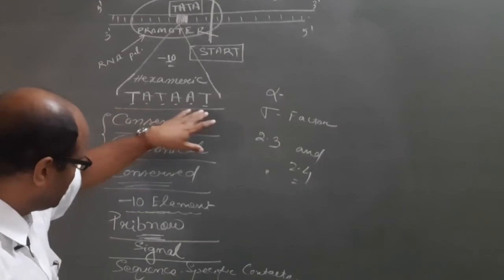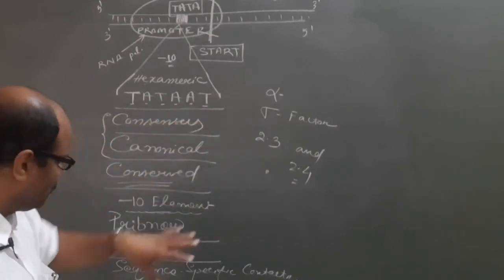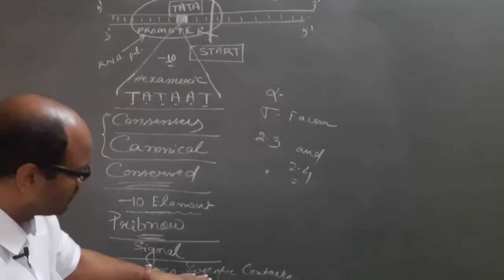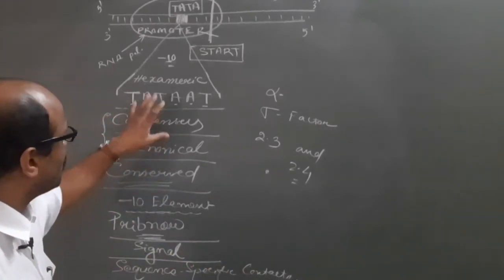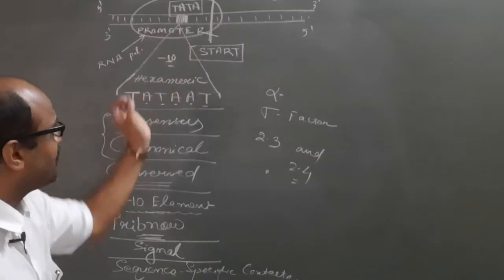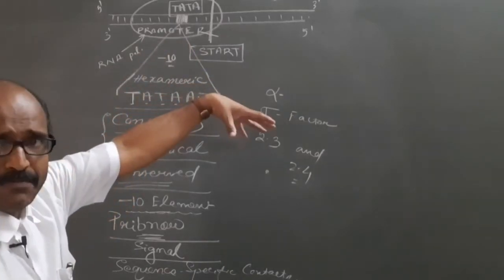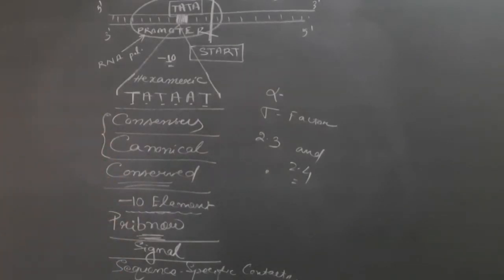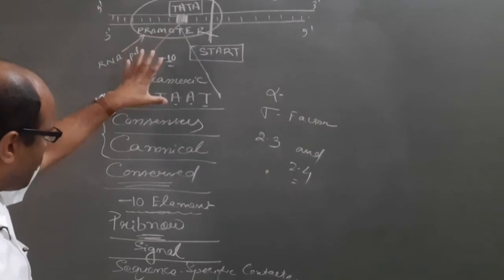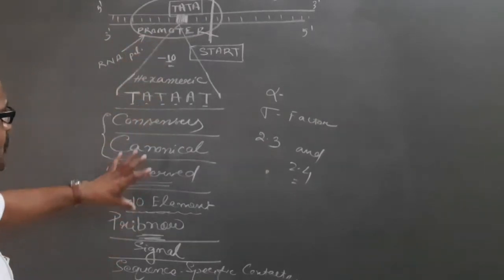This is the special sequence, that's why it is known as sequence specific contacts. It contains the appropriate signal and provides the signal for the RNA polymerase to come and bind. Okay. So this is the very preliminary idea about the Tata box or the Pribnow box of the